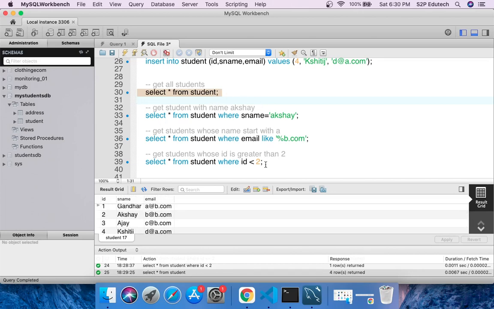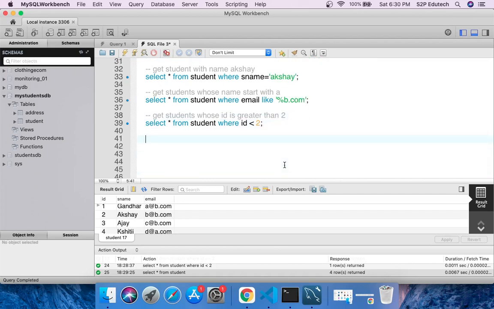So to do that, I'll just write the problem statement: get students by ascending order of their names. The query would be select star from student order by s name ascending.